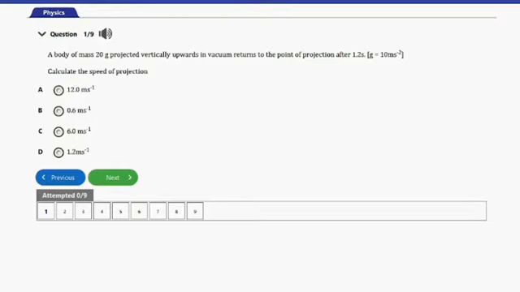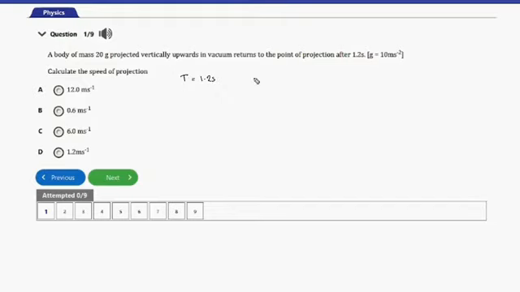It says, a body of mass 20 grams projected vertically upwards in vacuum returns to the point of projection after 1.2 seconds. Calculate the speed of the projection. So guys, here let's note that the time here, 1.2 seconds, is the total time taken for the entire flight, and that's capital T. And in order for us to know the time taken to reach the maximum height, that